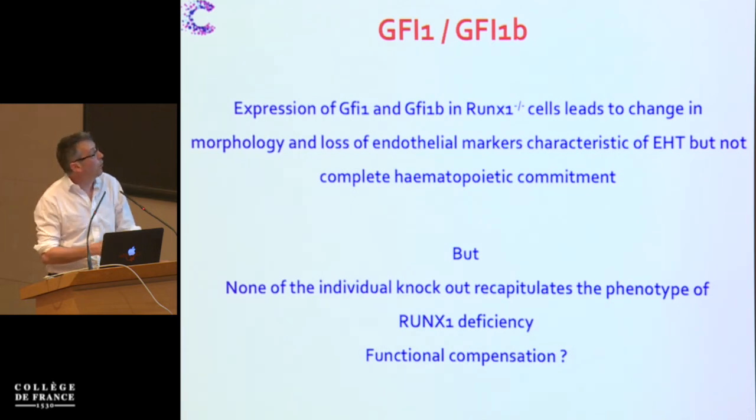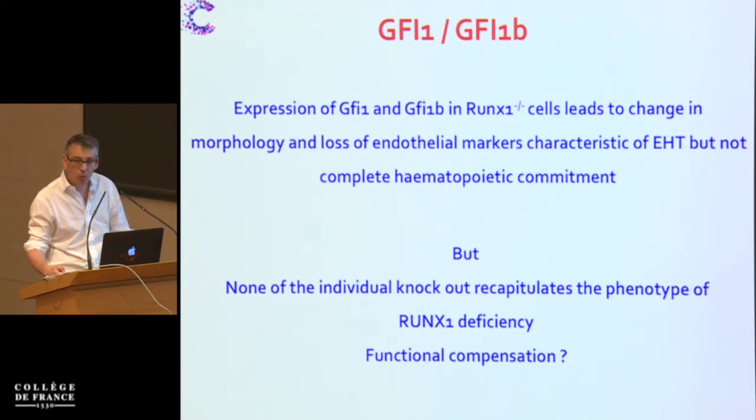So what I've shown you so far is that the expression of GFI1 or GFI1b in RUNX1 minus ES cells recapitulates or rescues some of the expected changes during the EHT. So we get a change in morphology and loss of endothelial marker, characteristic of the EHT, but we don't have complete hematopoietic commitment. Now, the problem we had at this stage is that we know that RUNX1 minus embryos